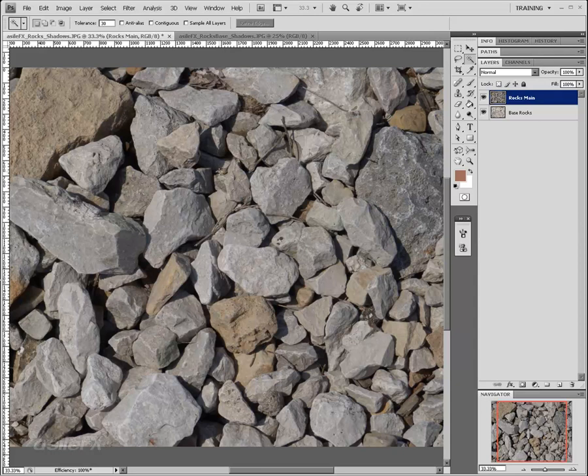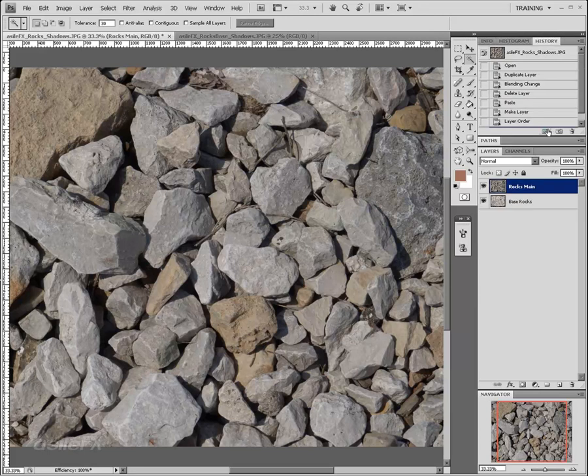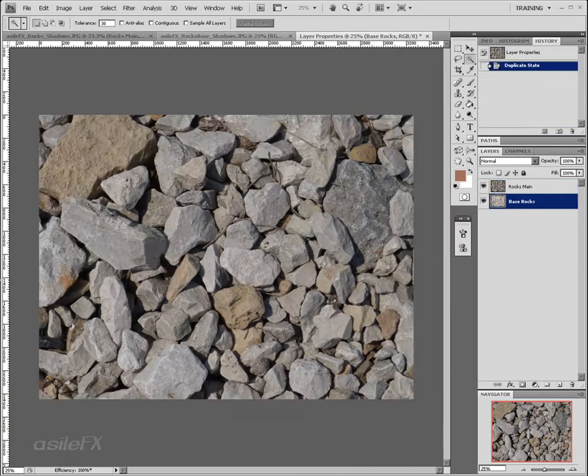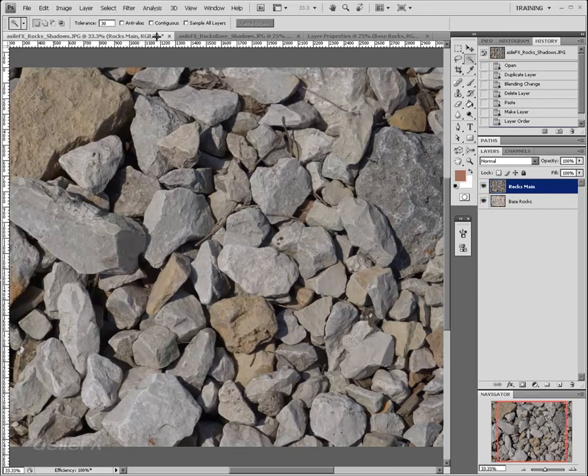And it's normally a good idea to set up a new document for any sort of texture when you're modifying the photograph so you don't lose that original photograph. So what I'm going to do is go to the history, and on the bottom we have the ability to create a document from the current state. So I'm going to go ahead and do that, and it's going to give the document name basically the last command that was used, which was accessing the layer properties or renaming. So now what we can do is close out